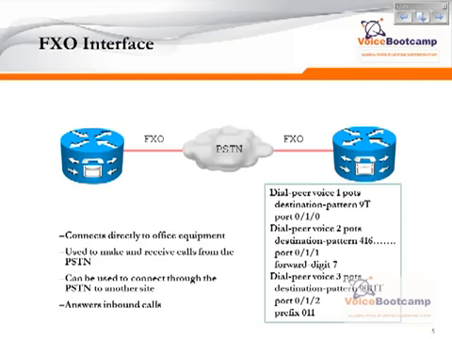Typically, an FXO port will answer an inbound call by default, unless you make the necessary configuration so that the router does not answer the call by default and lets the call pass through. Now, just like FXS, to